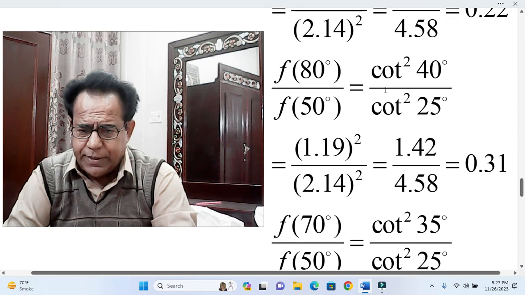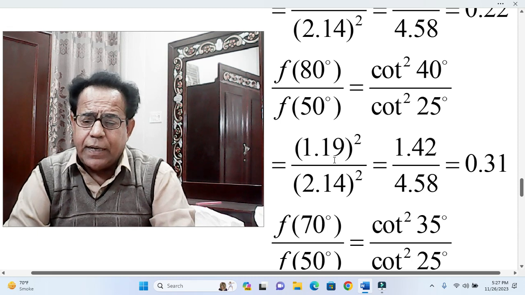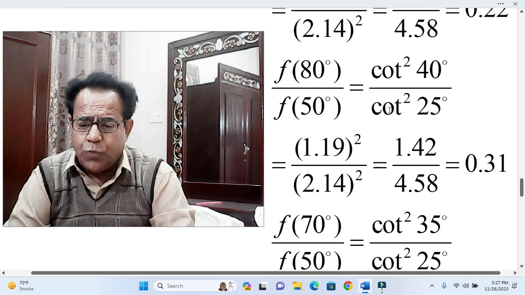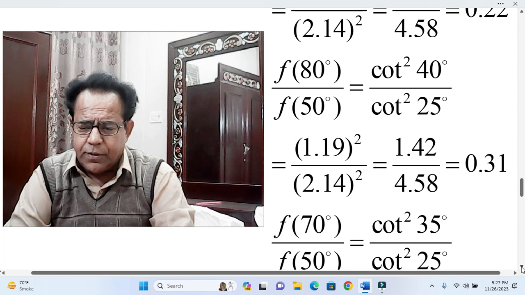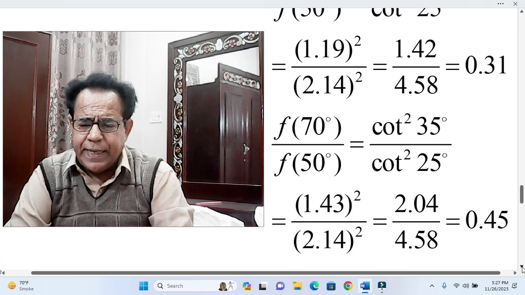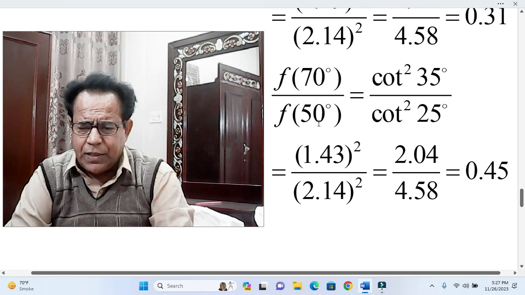Okay, dear students, the value of cot 40 degree is 1.19 as per an online calculator, and the value of cot 25 degree is 2.14 as per Google. Now if we take the ratio between these two fractions, F70 degree and F50 degree, then the answer becomes equal to